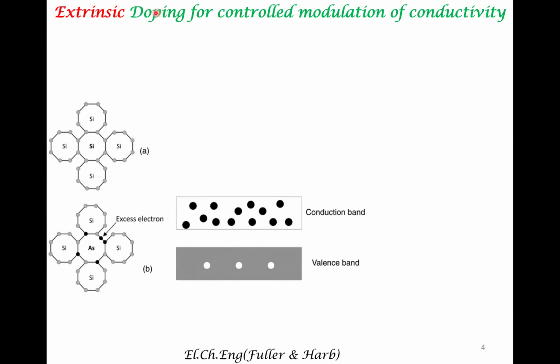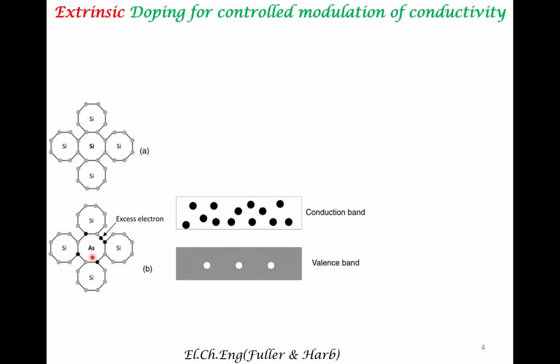When a semiconductor is doped, that semiconductor is referred to as an extrinsic semiconductor, or the conductivity associated with a doped semiconductor is referred to as the extrinsic conductivity. Let us take the most common example. Silicon is tetravalently bonded. So when you dope silicon with an element that is on the right side of a silicon atom in the periodic table, right side,